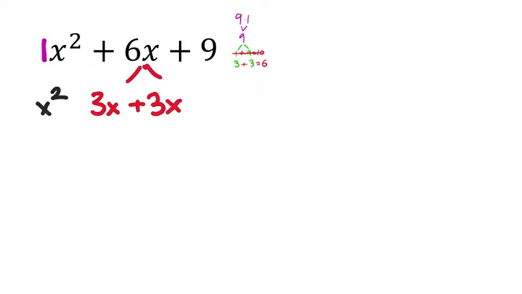You can show the 1 if you'd like. And that 3x there is positive. And then in the tail end of that, we got the plus 9. Okay, so factoring by grouping,